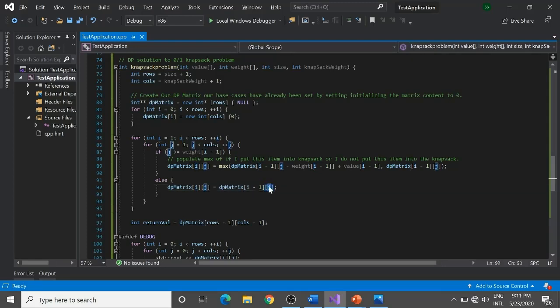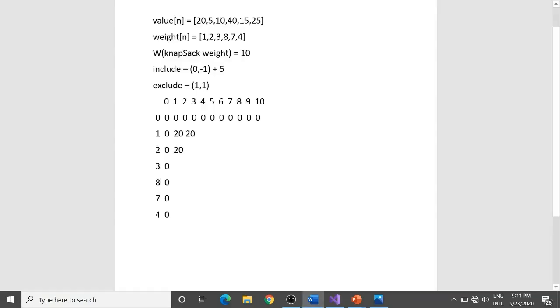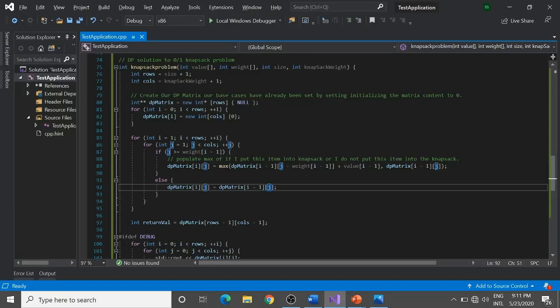Again, this J over here represents the knapsack weight, because this is the column, and in the matrix we can see our columns represented our knapsack weights and our rows represented our elements. So what does this say? This says if the weight of my current element is more than the weight my knapsack can hold, then just recurse for the remaining elements for the same knapsack weight. I think you would have got this by now, because if you have understood the recursive tree and what we have been talking about while populating our DP matrix, it would be quite easy to understand over here.